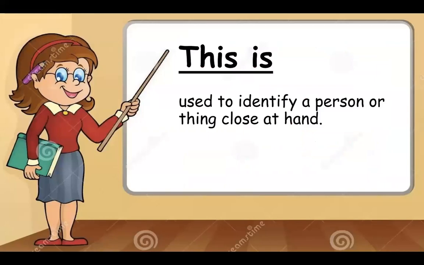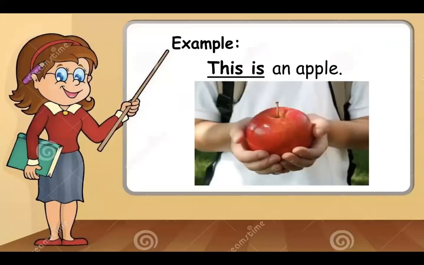প্রথমত this is used to identify a person or thing close at hand. Basically যেটা কাছে আছে হাতে. So এটাকে this is দিয়ে describe করে. For example, this is an apple. সেটা আমরা হাতে ধরে রাখছি, সেজন্য আমরা এটাকে কাছে ধরছি। So হাতে কাছে যেটা আছে সেটা হচ্ছে এভাবে করে describe